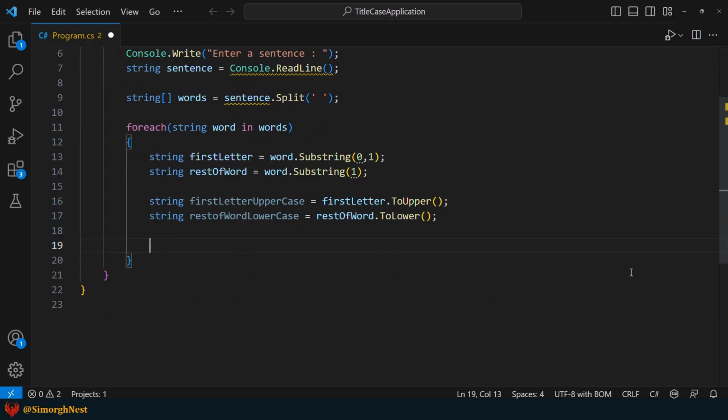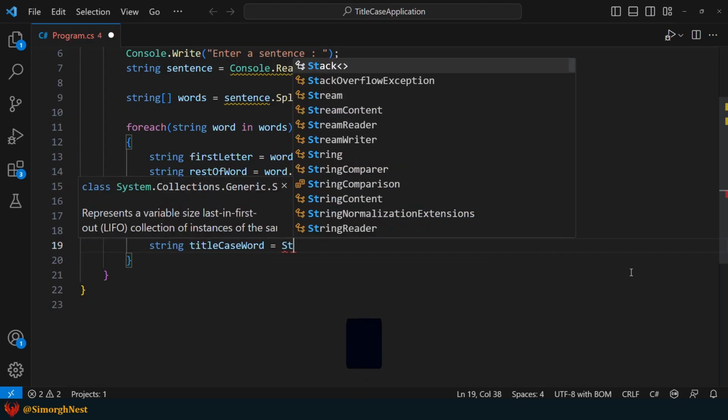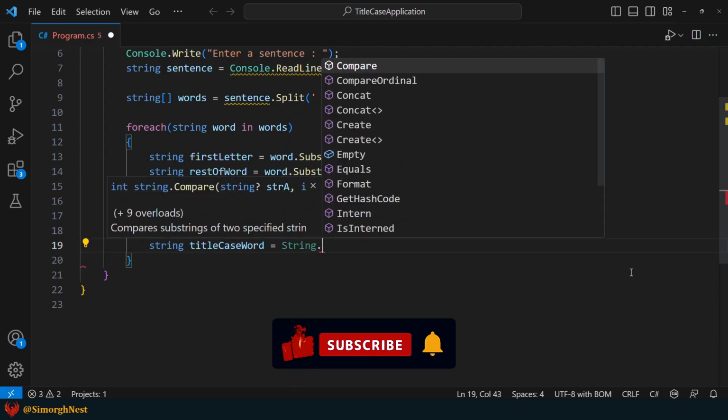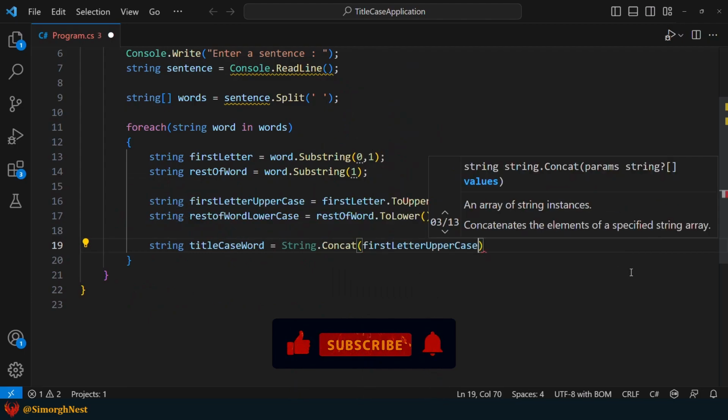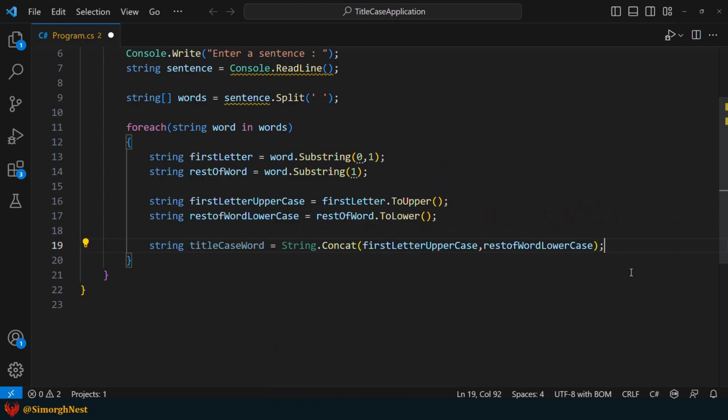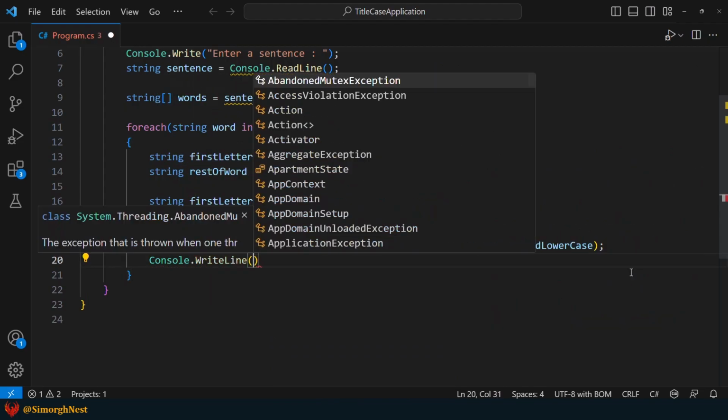Then, we can concatenate these two strings using the concat method. Finally, let's display the title case word in the terminal.